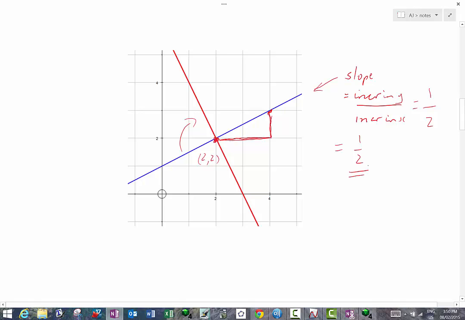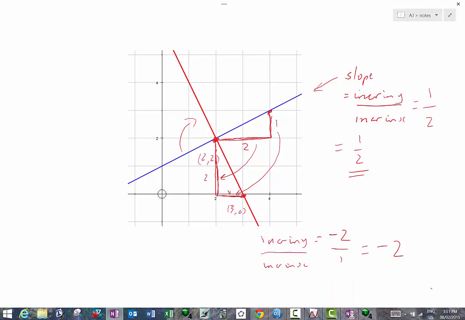What about the slope of the red line? Well, again, the pivot point is (2, 2), and another point where it intersects the grid is down here at (3, 0). We can see that we've gone down 2 and come across 1. This 2 has become the vertical drop, and the original 1 has now become the horizontal move. So the red line has an increase in y of -2, it's going down, and an increase in x of 1. So the slope of the red line is -2. So the original line had a slope of 1/2, and the perpendicular to it has a slope of -2